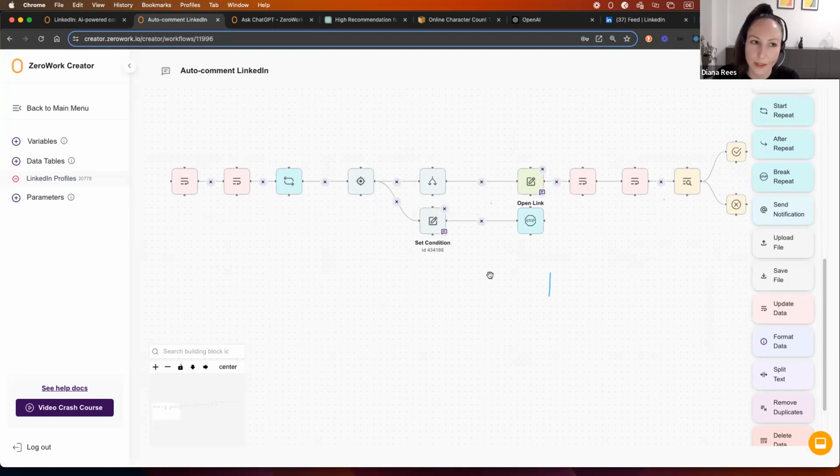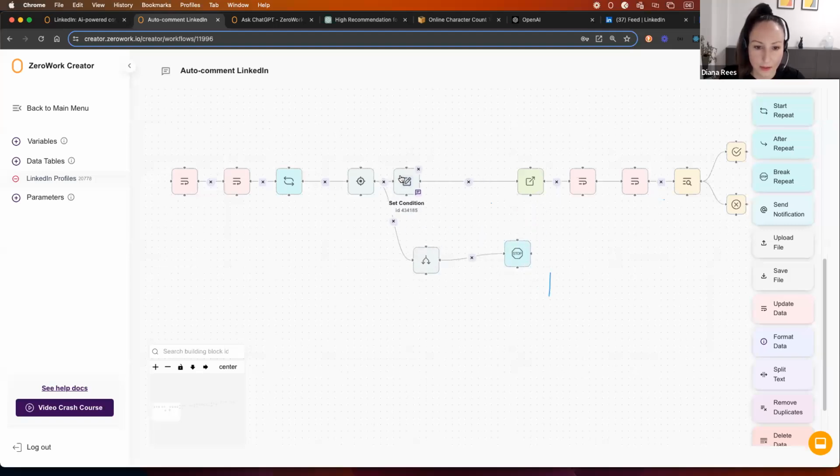But if we're still waiting for approval, then we don't want to ask ChatGPT again for the comment that's already saved there. That's why here, after this logic where we count the profiles, we're going to add an additional condition,